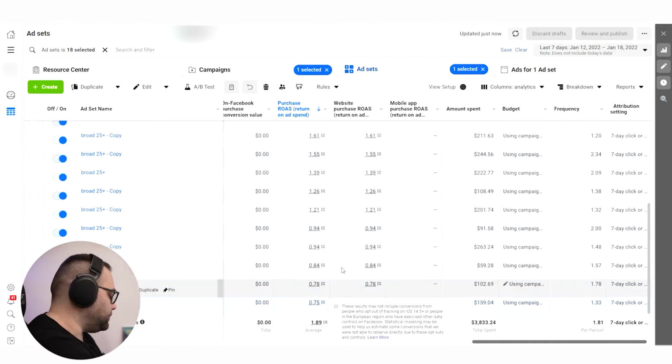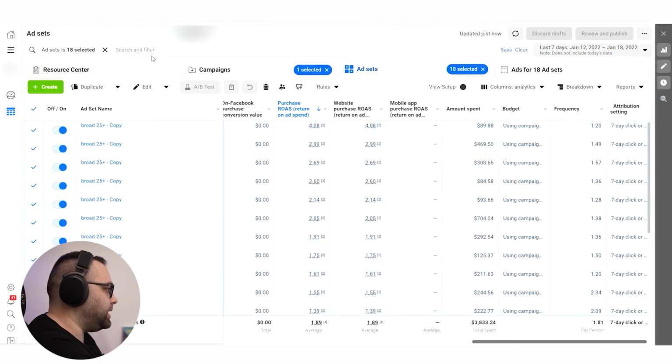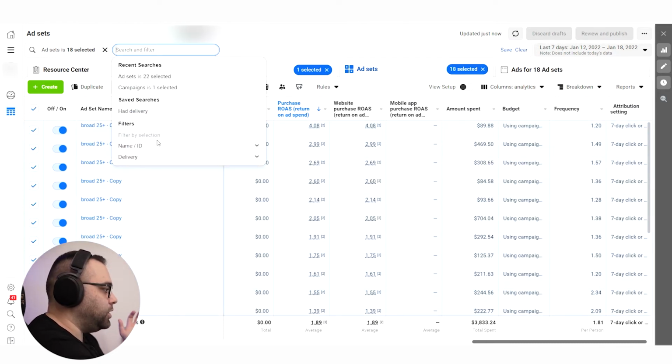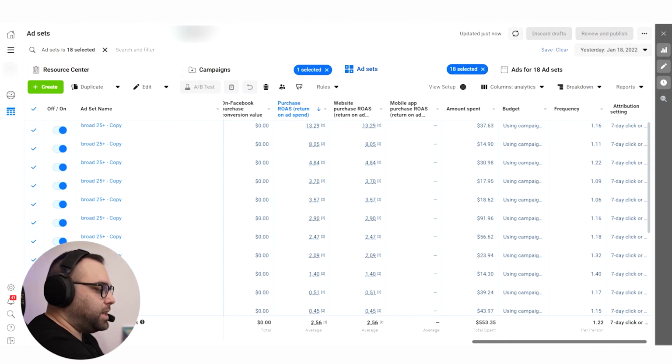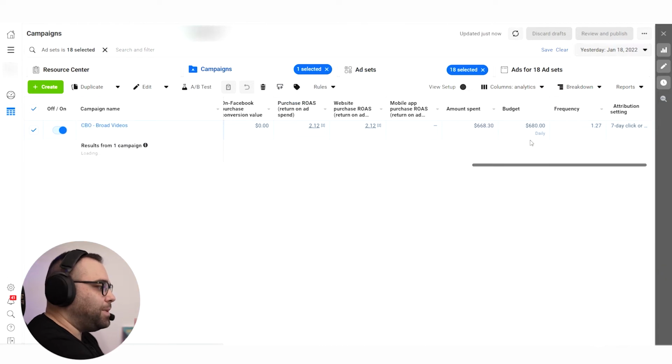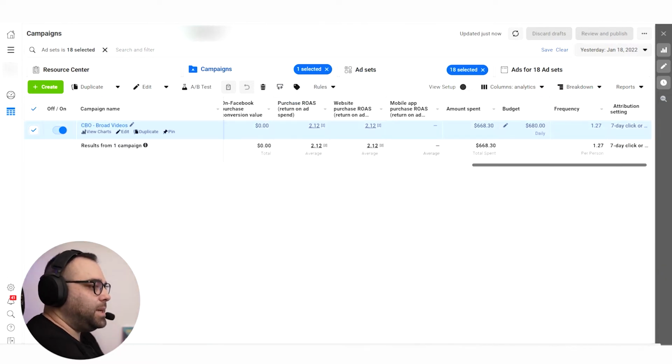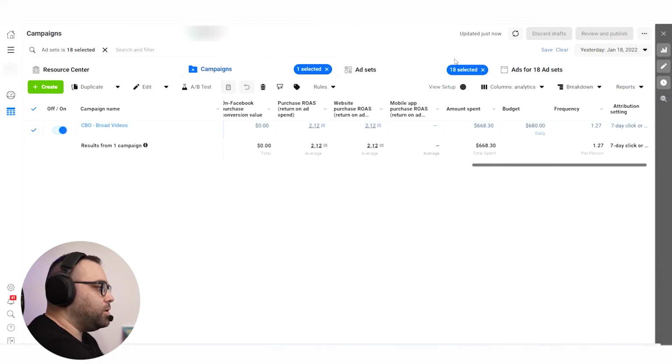It's distributing a budget among all of the ad sets. So if you close one of your ad sets, it means that this budget is going to be distributed among the other ad sets that you have. And guess what? Now that we closed our ad sets, we need to come here and check what the ad sets that we have chosen to keep spent yesterday, okay? So yesterday they spent 453, okay? Our budget here is 680. That means that $130 more is going to be distributed among those 18 ad sets that we have chosen to keep.